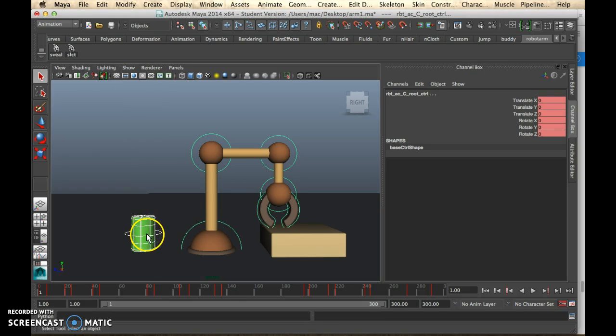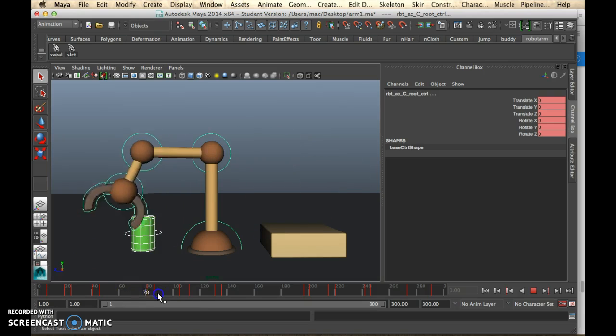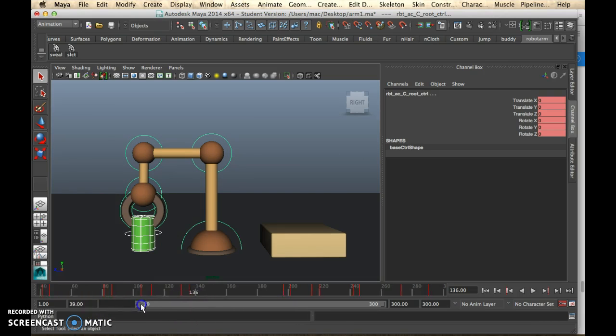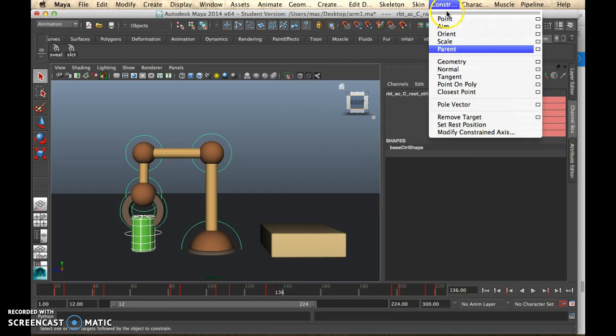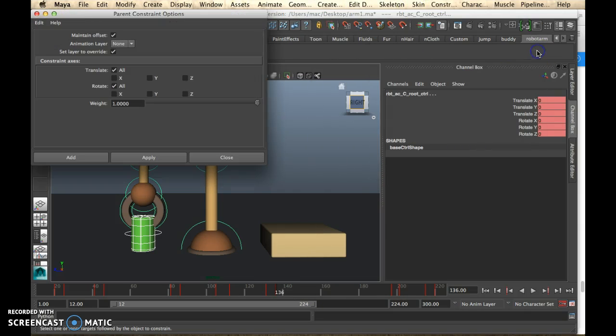Okay, so I'm going to jump to the frame where it looks like I'm picking up my can. So that looks like here, 136. Let's zoom in a bit there as well. Okay, so 136. So here I'm going to go up to constrain. Now, notice that I'm on animation tab here. Constrain, parent options. And I'm going to make sure this maintain offset